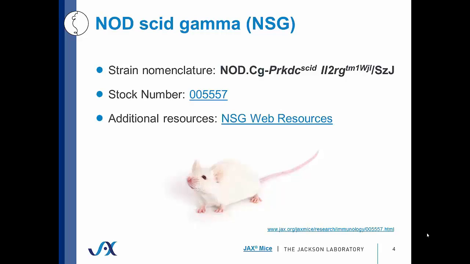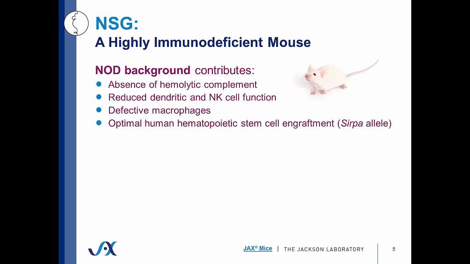The NSG, or NSG-gamma mouse, was developed by Dr. Lenny Schultz's lab here at the Jackson Laboratory back in 2005. You can see the official strain name is located at the very top of the page, and our stock number for it is 005557. And so you can visit the strain data sheet and find that original publication, as well as a number of NSG-related web resources, and I'll show you where you can find that information at the end of our talk today. So the NSG mouse is a highly immunodeficient mouse strain, and there are three features that